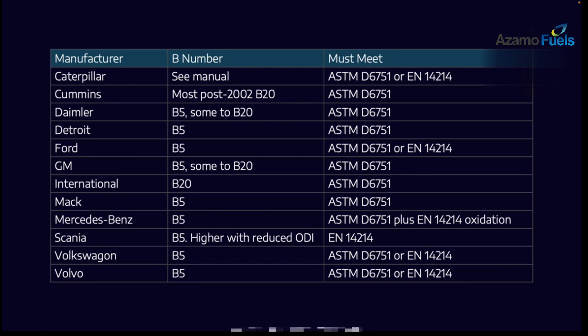So that's been a very quick primer on biodiesel, as well as some of the downsides to using it. Obviously, I'm not saying that you should never use biodiesel, but just be cautious about some of the negative consequences and be on the lookout for it, especially in your oil analysis.